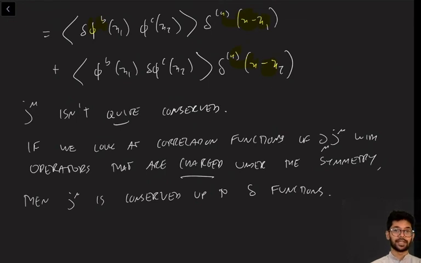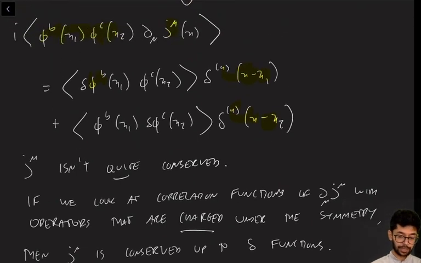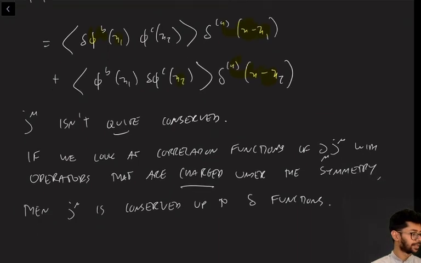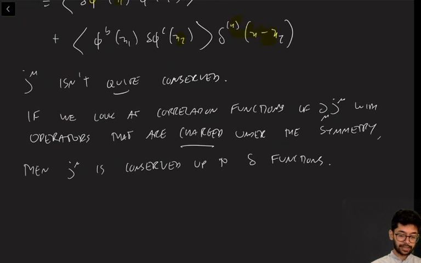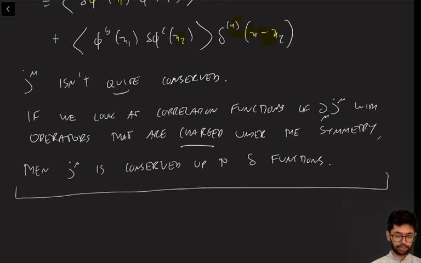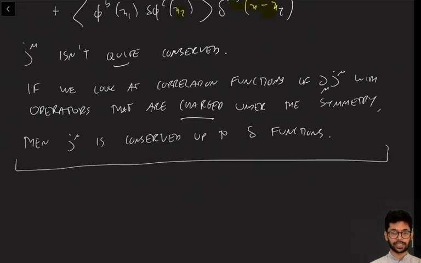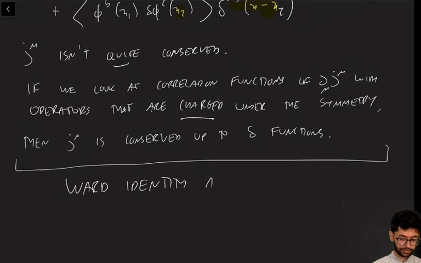Okay? And those delta functions appear at the location of the insertions of the other operator. Okay. So this idea that the current isn't quite conserved, but it is almost conserved up to these delta functions is called the Ward identity. This is the Ward identity